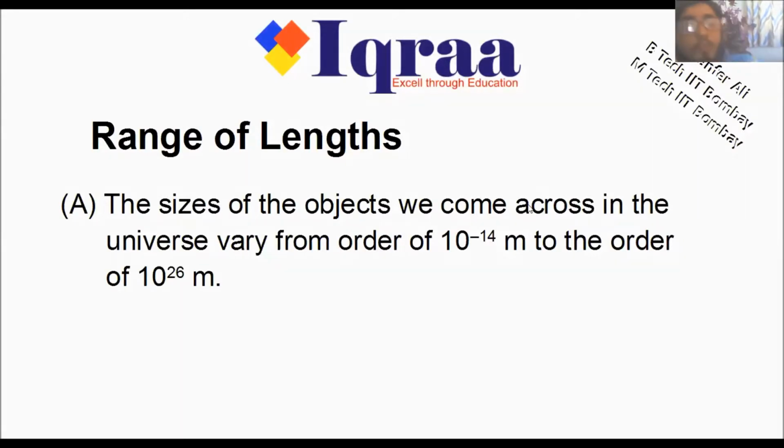Okay, so now we are going to start the last part of this chapter regarding units, and then we'll move to the dimensions part of it. What we have studied till now was what is a physical quantity, and that physical quantities are divided into base or fundamental quantities, derived quantities, and supplementary quantities. And with all these physical quantities, we attach units.